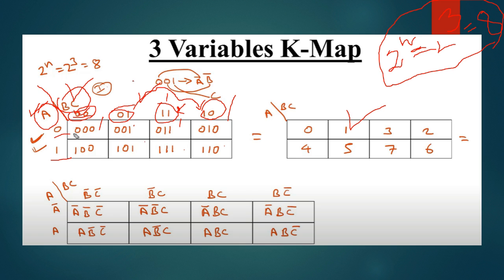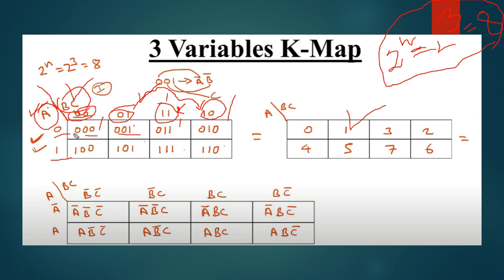Fine, fair enough. And then the values of the cell should be written like this. So this cell, for example, is comprised of this A, or you can say this 0. Then from this BC value we are taking 0 0, so 000 will be here. What about this one?